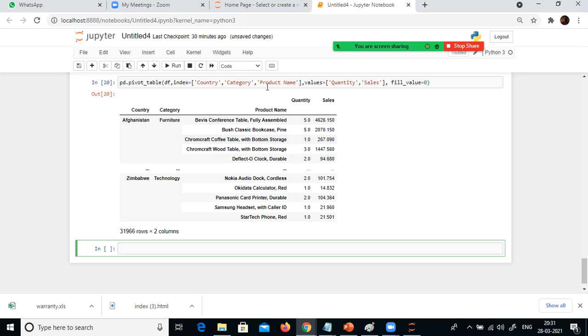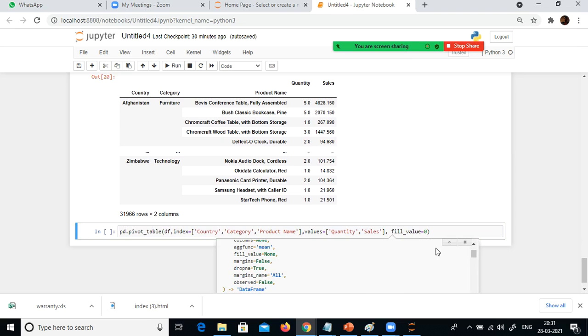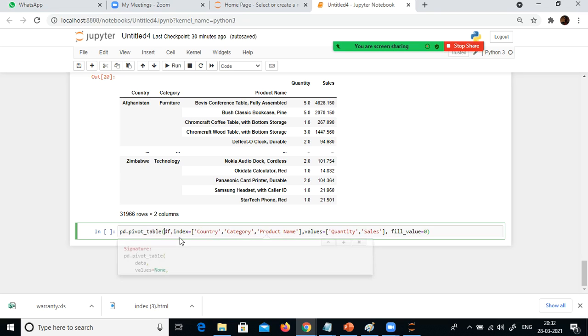And then if I want to do summary aggregation, we have something called shift and tab. If you don't know the arguments, just keep your cursor after the parenthesis and then press shift and tab. You will get help here.